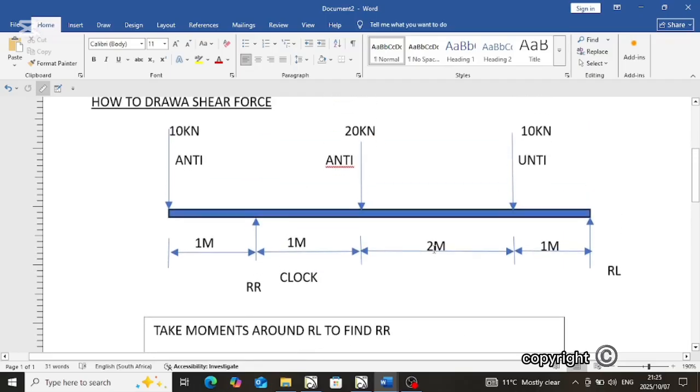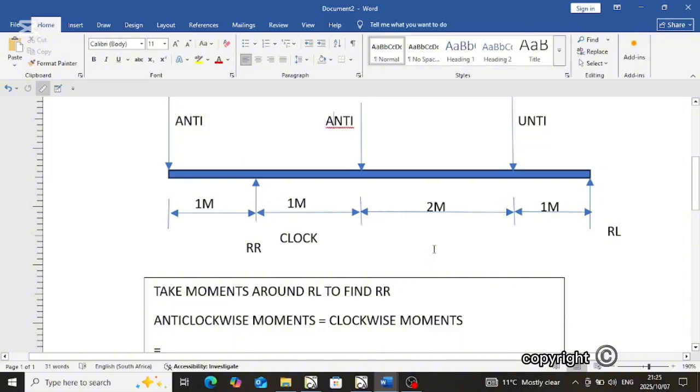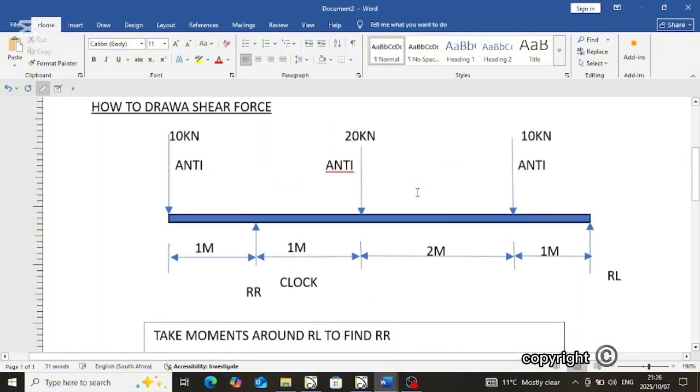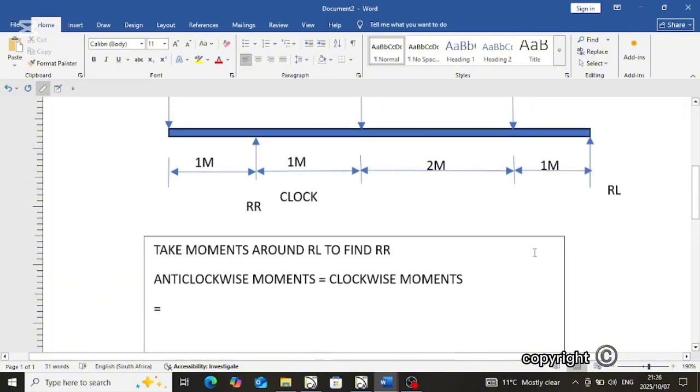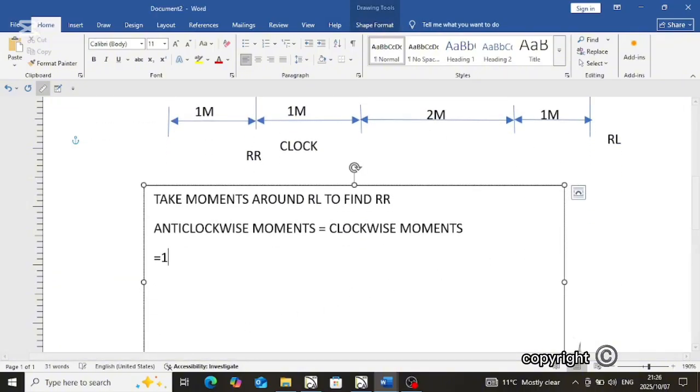So let's go and calculate our reactions. Let's start with the anti-clockwise forces, or anti-clockwise moments. Let me change the spelling here to be anti. Okay, it seems like everything is fine here. So let me start. It's 10 kilonewton multiplied by the distance of 1 meter,